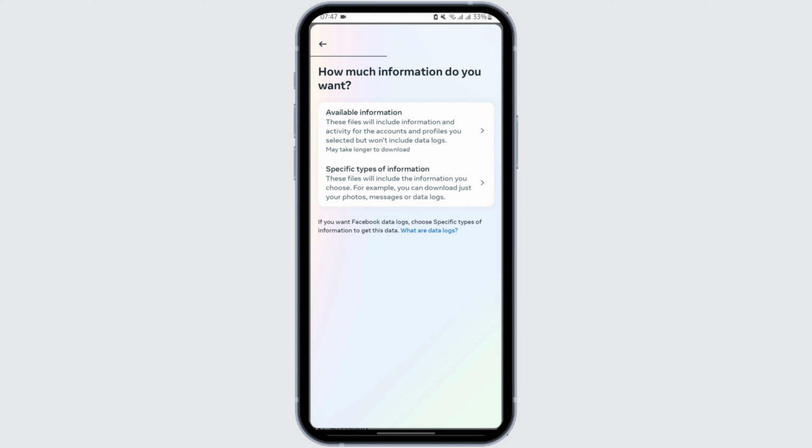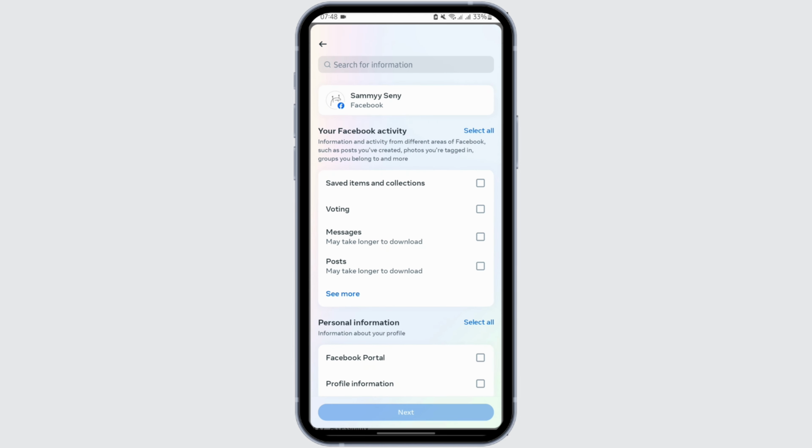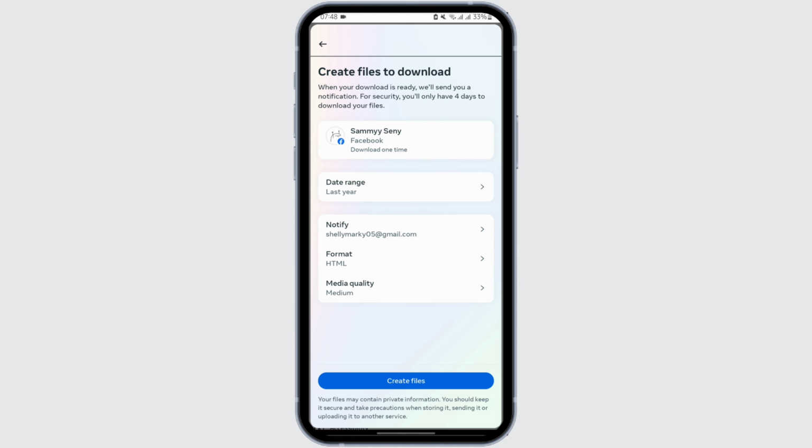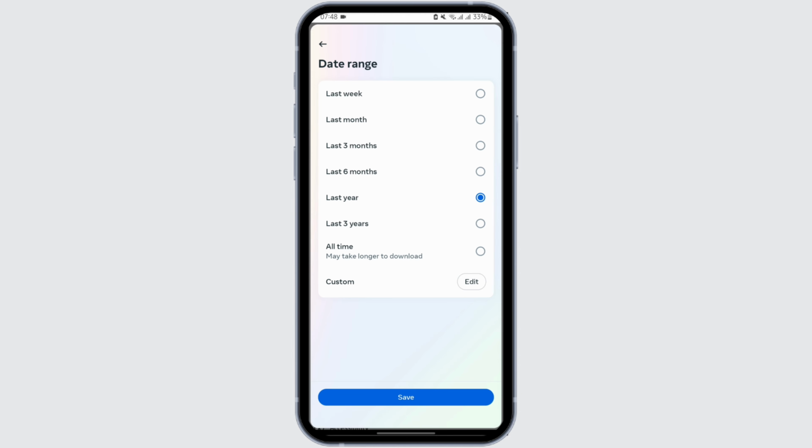As we would only like to download all the images, you have to tap on specific types of information. Now at this page, check the box of Messages, then tap on Next. Then tap on Next again. Then here, make sure that you also select the date range. Tap on anything that you would like. For instance, if you would like to download the messages and the photos from 6 months, tap onto it and